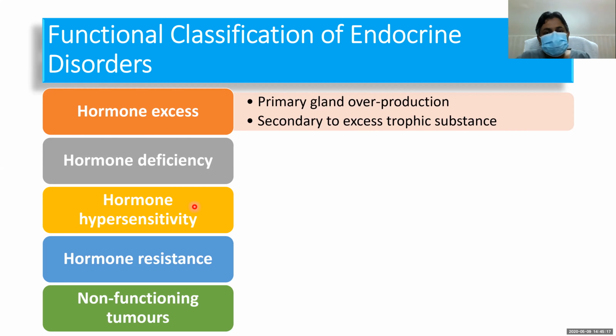When we label something primary, we are talking about a particular hormone secretion by an organ. For example, if we are talking about the thyroid, thyroid hormone is secreted by the thyroid gland. So if the disease involves the thyroid gland and is related to thyroid hormone secretion, it is a primary thyroid disease. But if it is the trophic hormone which is actually controlling the thyroid and the disease is placed there,